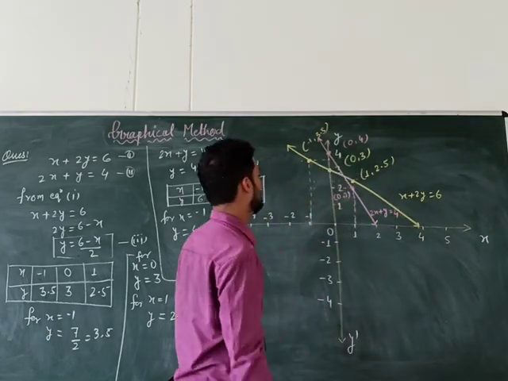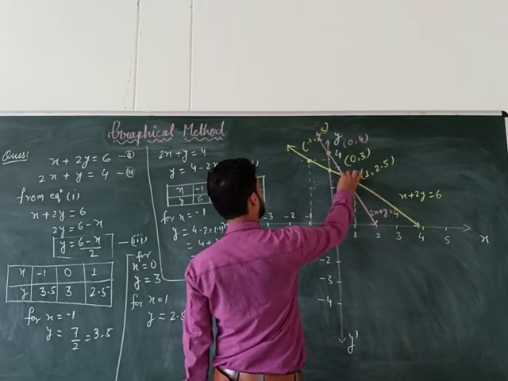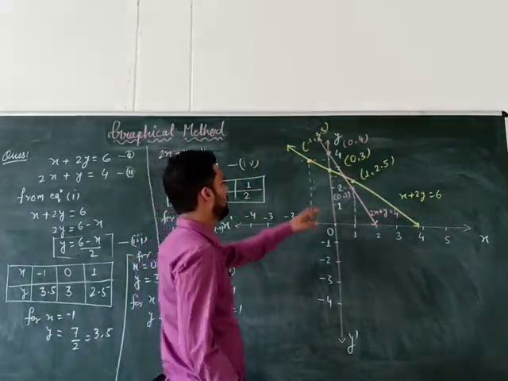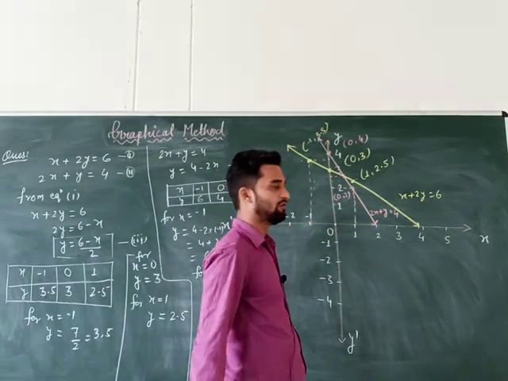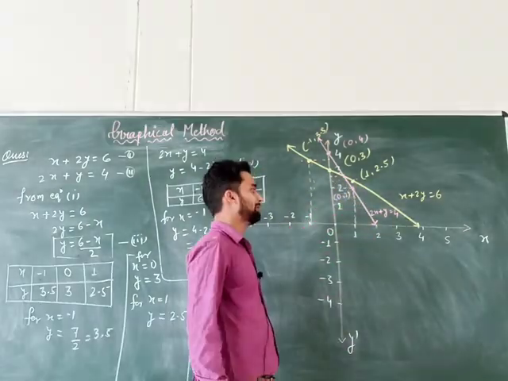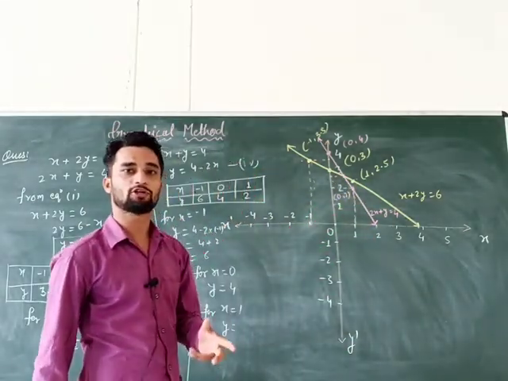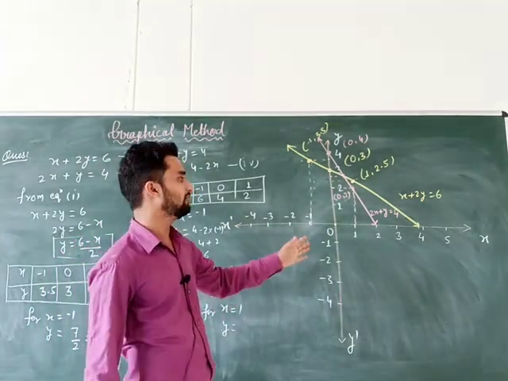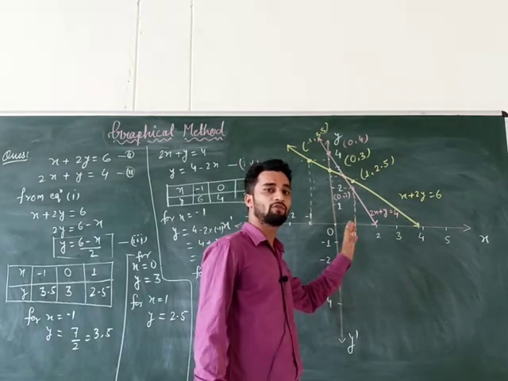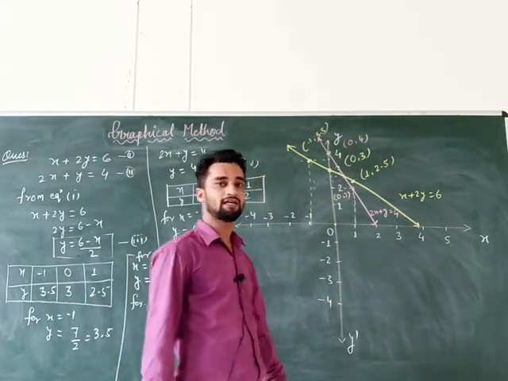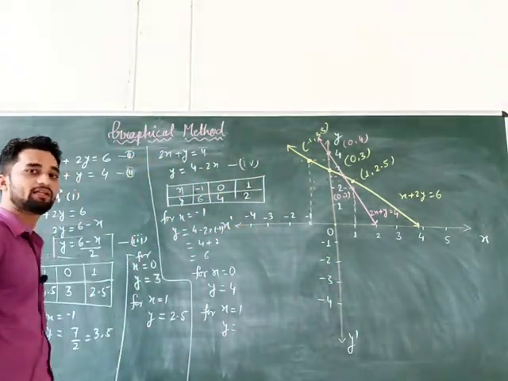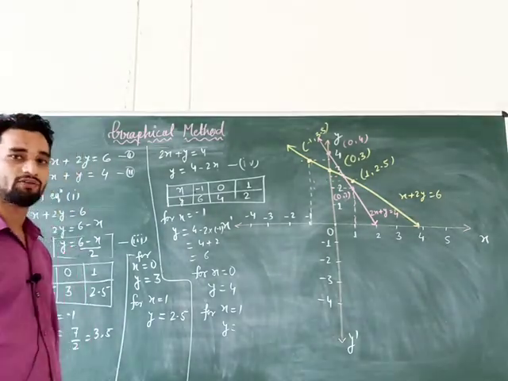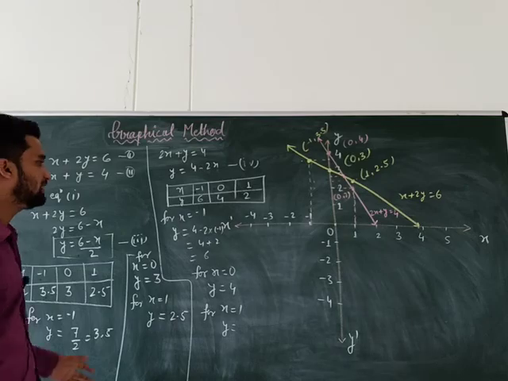Now you can see where both are intersecting. From there you have to draw a perpendicular to the y-axis for the value of y, and you can draw a perpendicular to the x-axis at the point of intersection. You will get the value of x. Here I have made a freehand diagram, so your value may differ. When you try on graph paper, you will get the accurate value of x and y. I hope you understand. You can solve many questions because it needs practice.